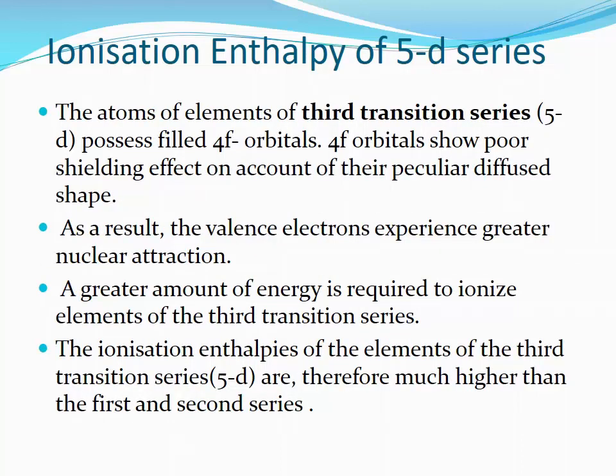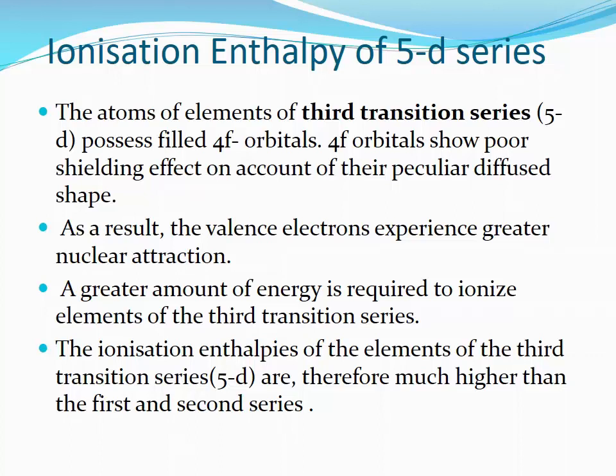The first ionization enthalpy of a transition element is lower than the third ionization enthalpy. Ionization enthalpy of 5d series elements. Now we are going to compare the ionization enthalpies of 5d series with 3d series and 4d series elements. We know that 5d series starts with lanthanum, in which the valence electron enters the 4f orbital. The elements following lanthanum are called lanthanoids, in which filling of the 4f orbital is completed. After the filling of the 4f orbital, the 5d series starts.